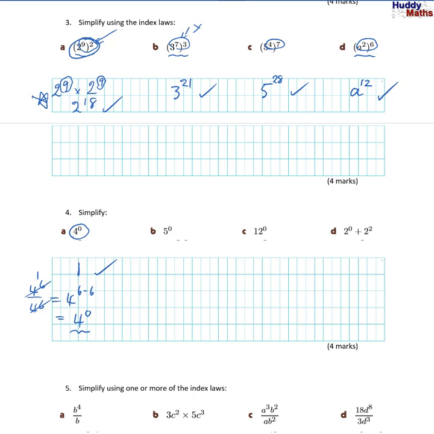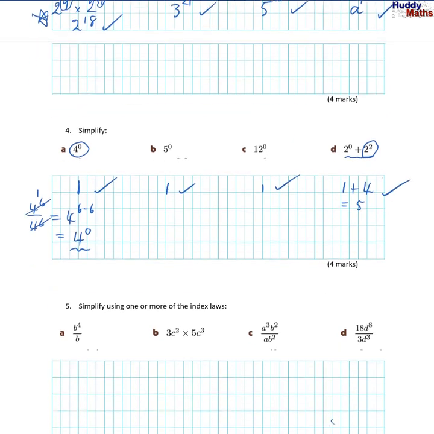And 5 to the 0, it's the same thing, 1. And 12 to the 0, same thing, 1. 2 to the 0, oh, this is a bit different. 2 to the 0 is 1, plus 2 squared is 4. So the answer is 5 to that one. 1 mark for each of those. So just going through slowly and carefully, remembering the rules and hopefully remembering how it works as well. So come down now